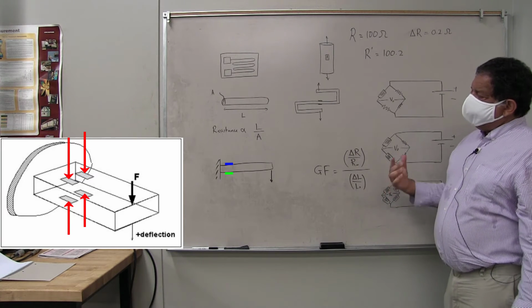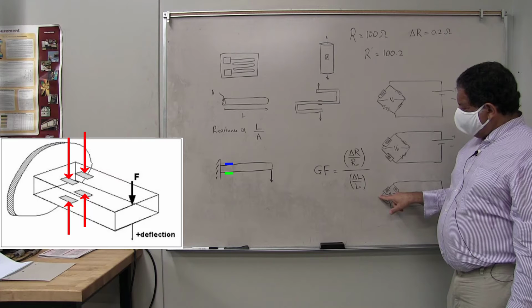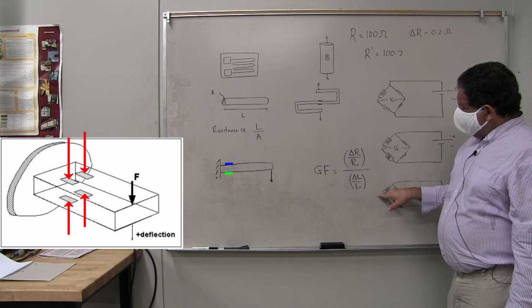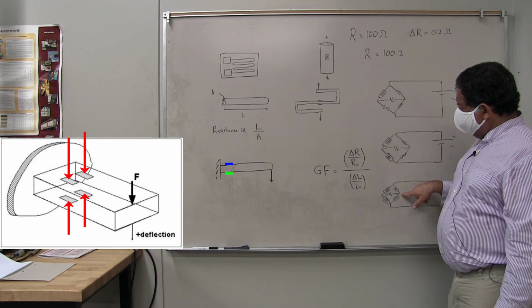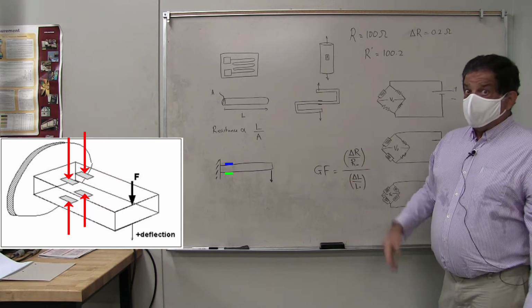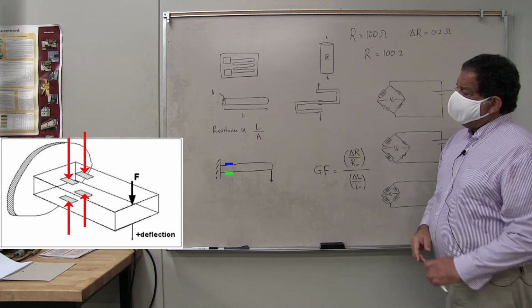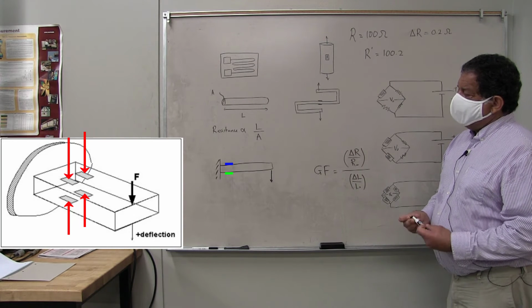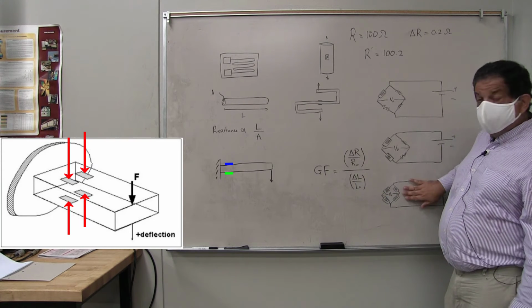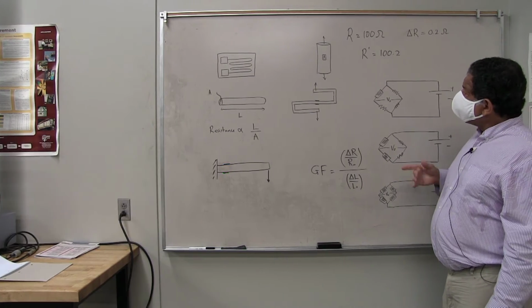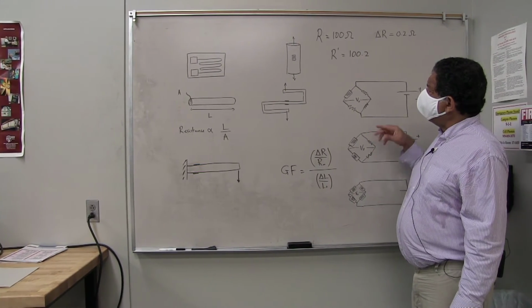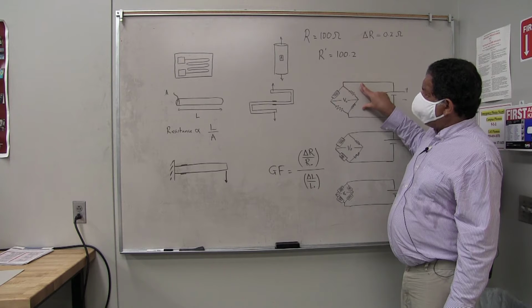And then that way, as you deform the beam, this one goes down double, this one goes up double, and you get quadruple the change in voltage as a result of the deformation of the deforming beam over there. So we're not going to do the full bridge in the experiment that I'm going to show you. We're going to do the half bridge